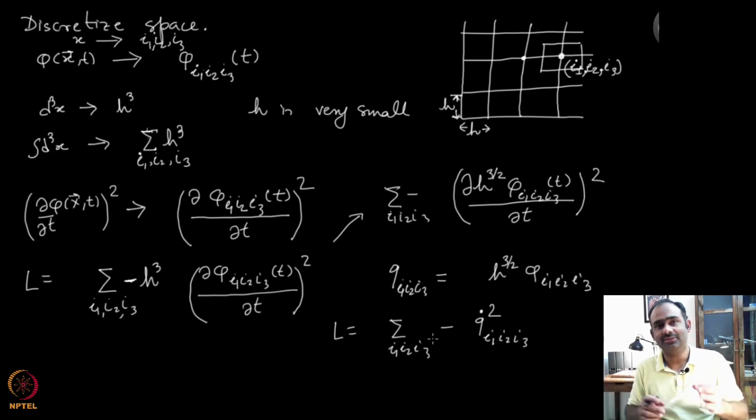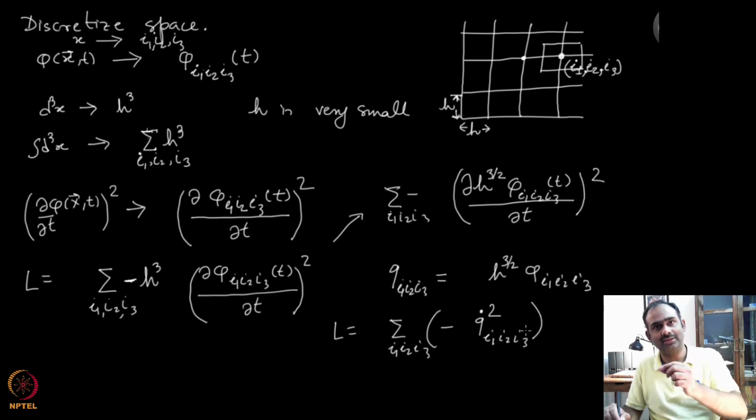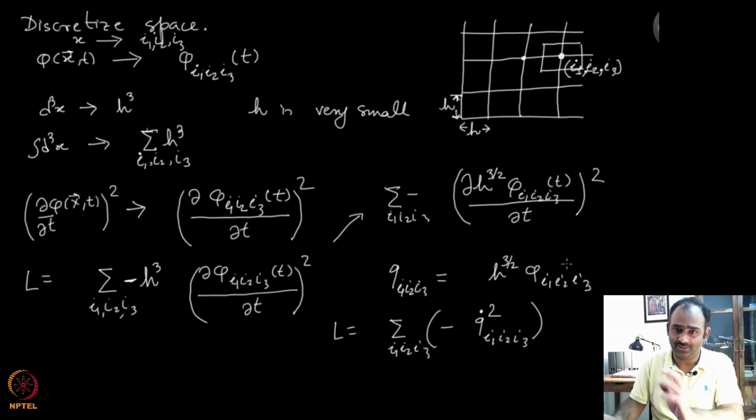So this way it's very clear that I1, I2, I3 are just the labels for the coordinate. They are not the coordinates themselves. So when you go to the continuum, I1, I2, I3 become x. So x are the labels, and the real fields or real coordinates are the phi. This is what we have written now, and of course you have other terms.